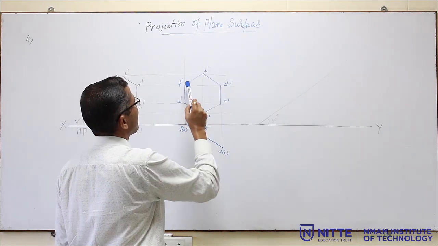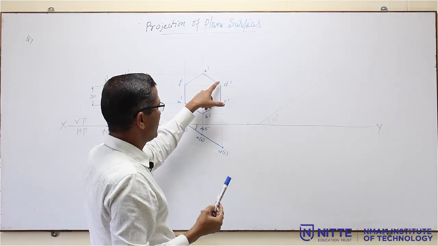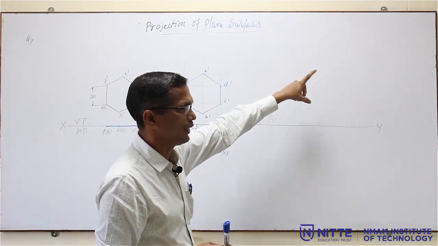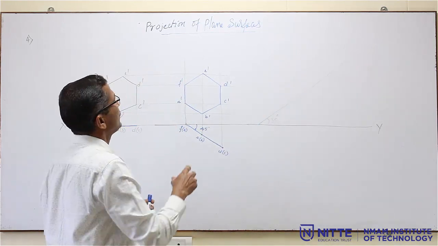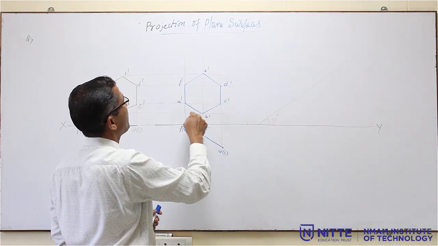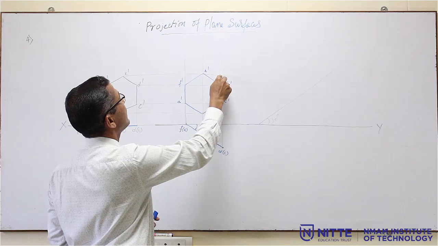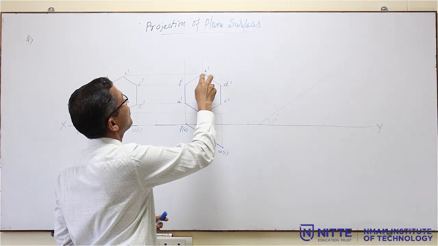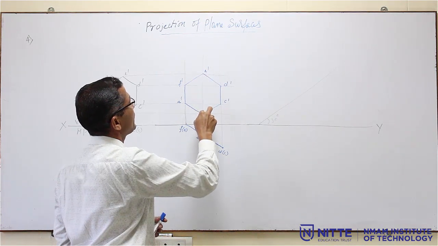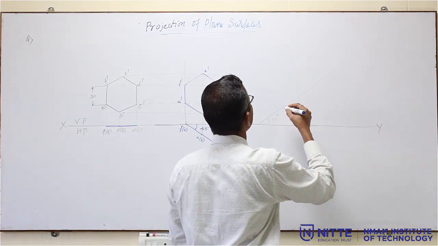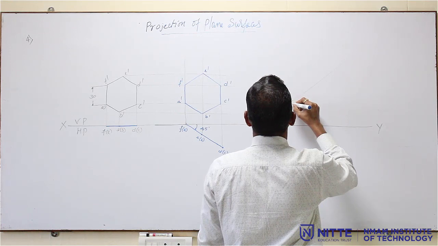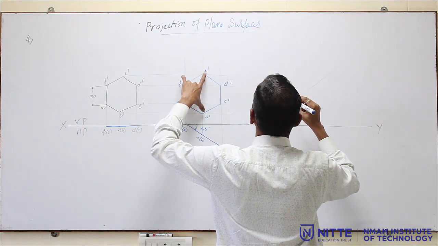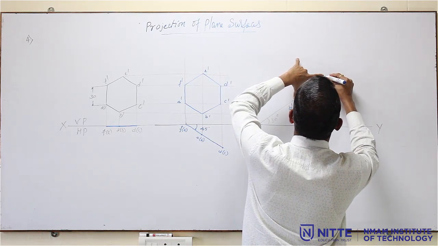This figure you have to copy. Now, this is not a regular hexagon, so you cannot use the circle and copy it, it is not possible. You have to go for the box method. There is an imaginary box available outside this. So, first you measure from here to here, that is the distance between B dash and E dash, you mark that point,